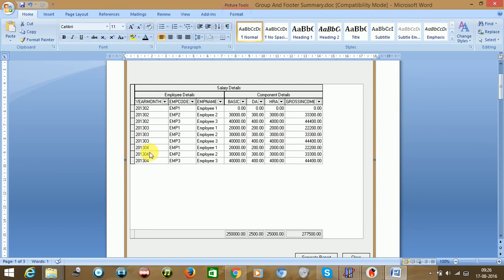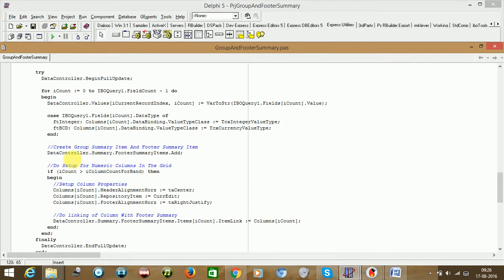If you are creating the index here first time, the index will start as 0. So you need to make sure that when you are creating specific items within the condition, say for example, if we are putting this code inside this condition, then the index will be different. Index won't be I count. It will start with 0. Then this will vary. So please make sure of this point.